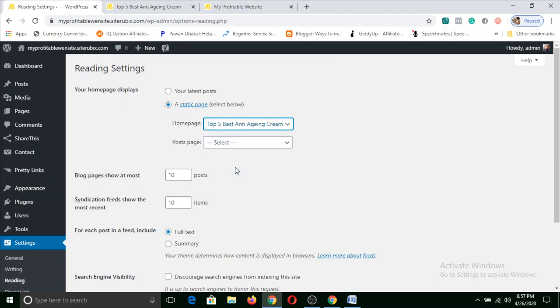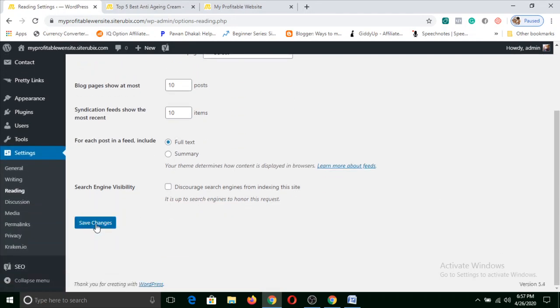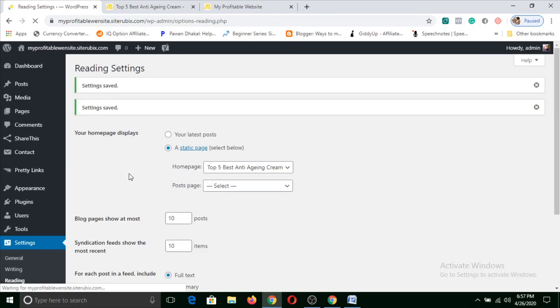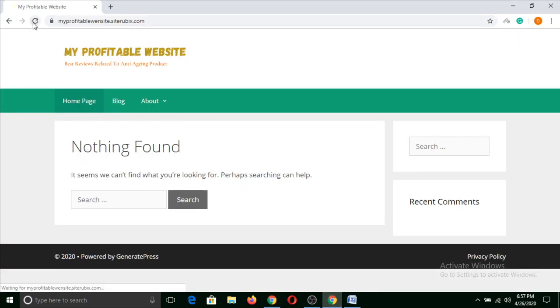You just click on that and click on save changes. I literally forgot about this step. I'm extremely sorry for that. Now you can just reload it and you will be able to see your article here.